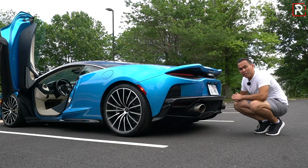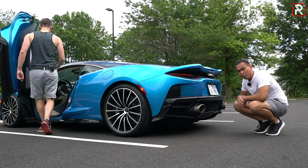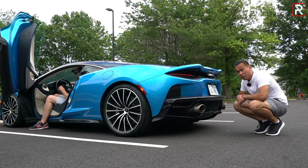Ready? Yes. So with exhaust tips that can fit my entire fist in it, you're probably thinking this thing sounds pretty mean. Well,